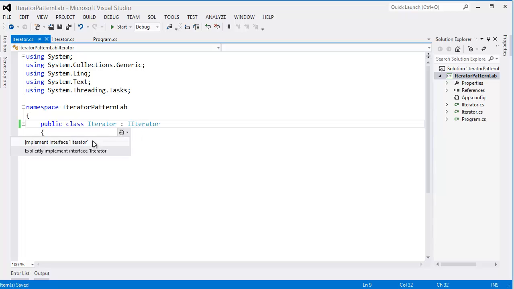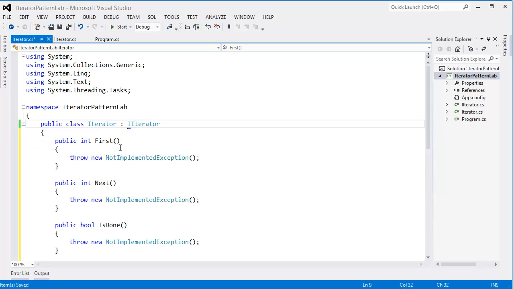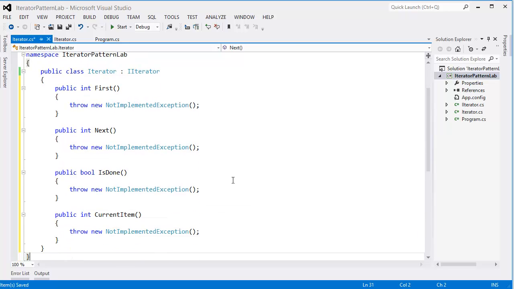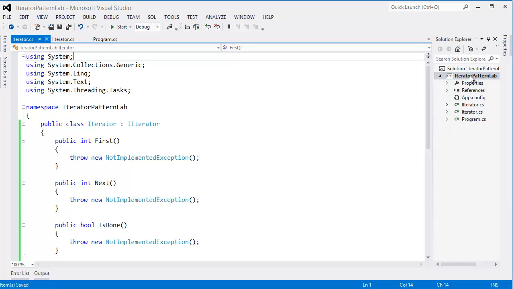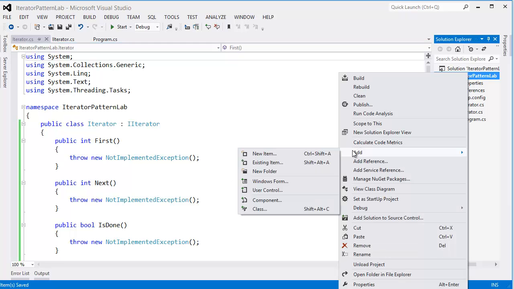So implement the interface iterator. Alright, and we need to have